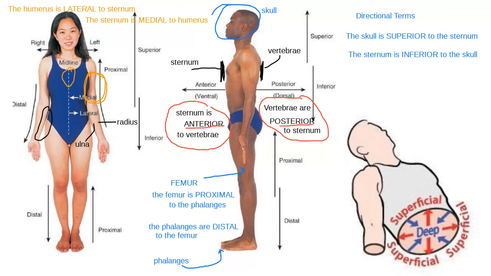Ulna is the one on the pinky side, my ulna. If we're comparing the ulna to the little bone that lives on the outside of your shin, called the fibula, these two bones live on different limbs. In other words, one of them lives on the arm, one of them lives on the leg. Because they are on different limbs,